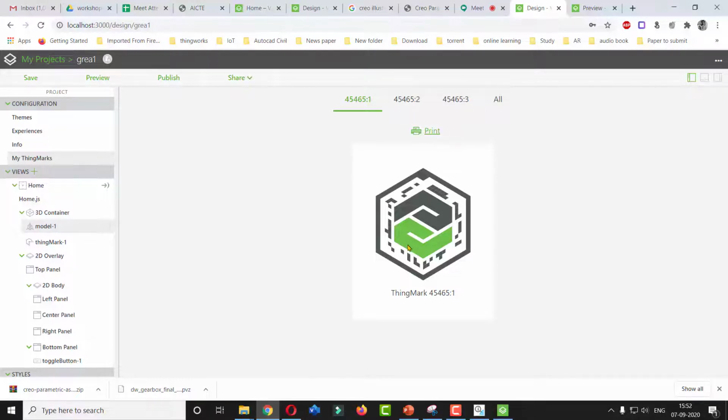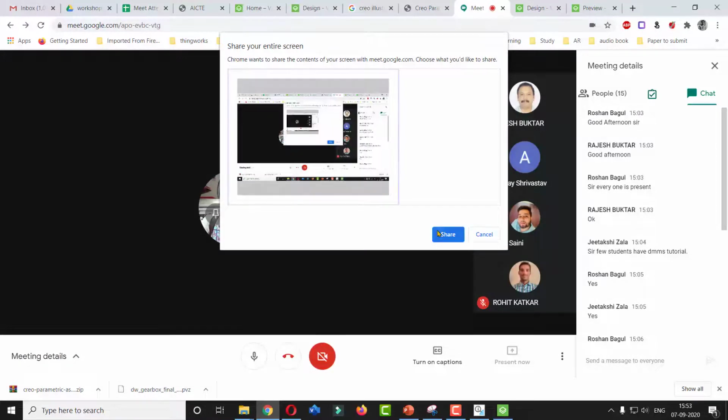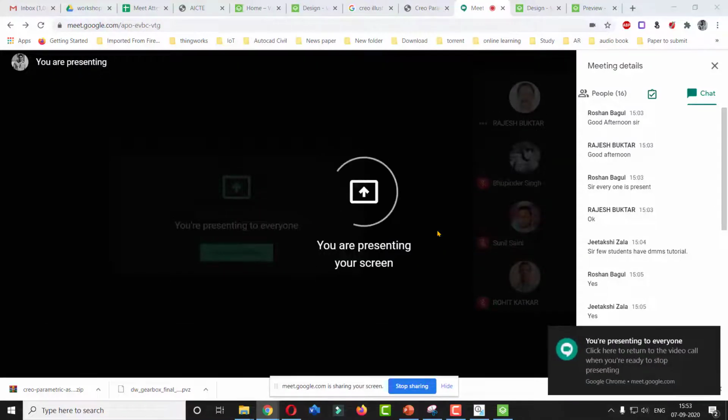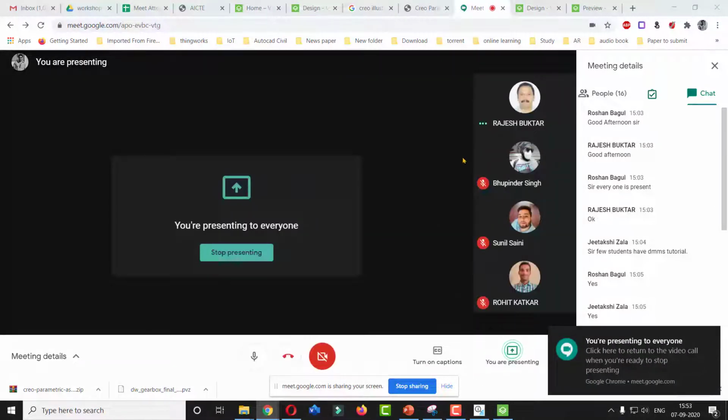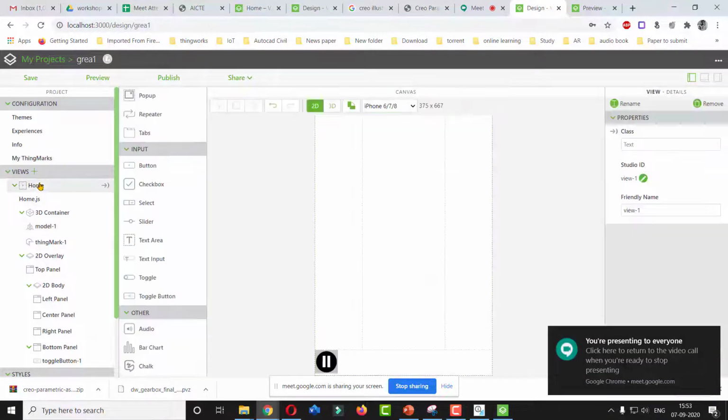Now if you want to reduce its size, you have to again go to the home button.